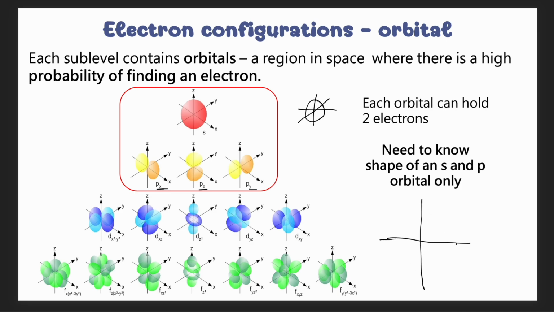For example, if Px, then the P orbital is on this line. And if it's Py, here is Y, so the orbital will be here. And for Pz,